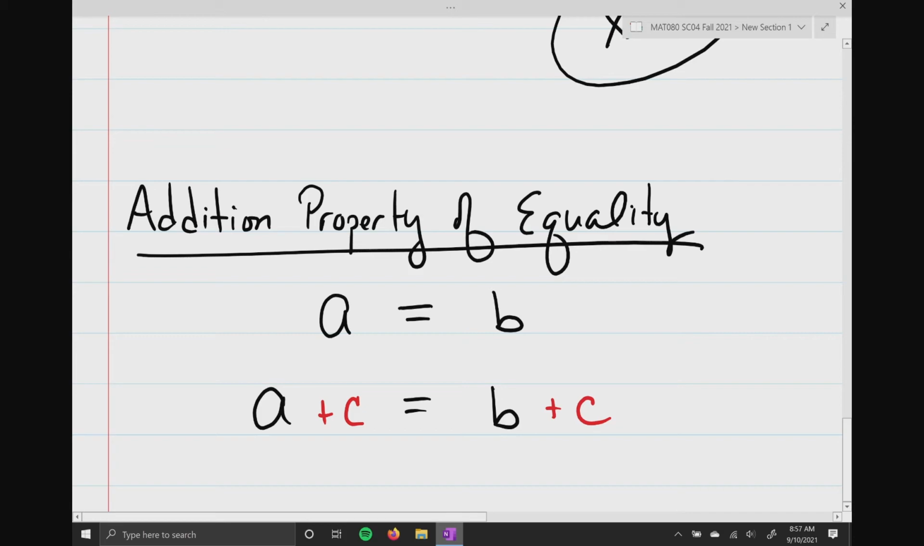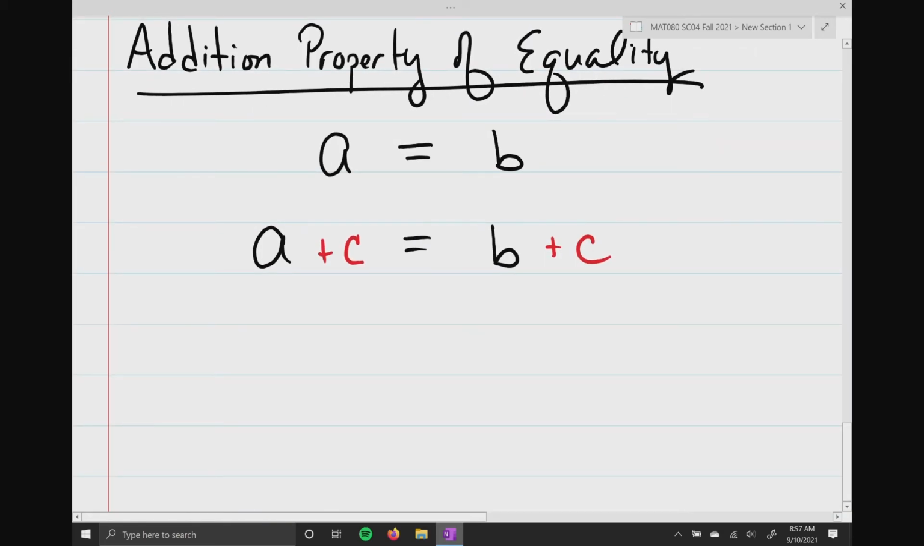That's all it says. And as I said earlier, you already knew this. Whatever you add to one side of the equation, you must add to the other side. Okay? So you already heard this before. So if I have a very simple problem here,